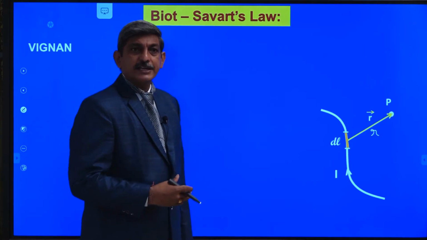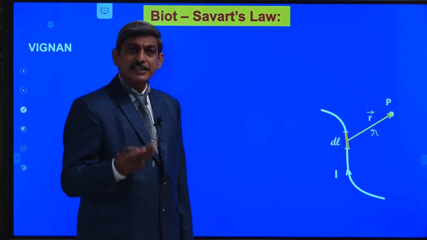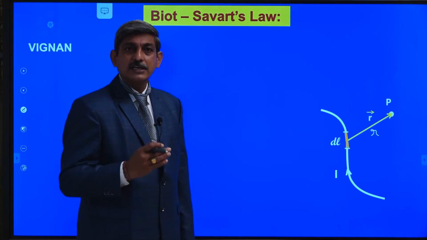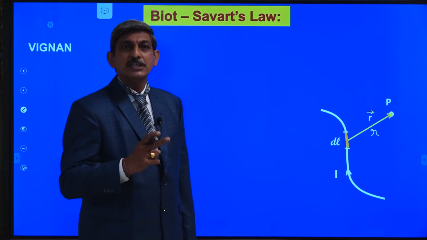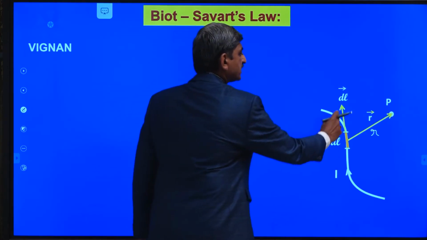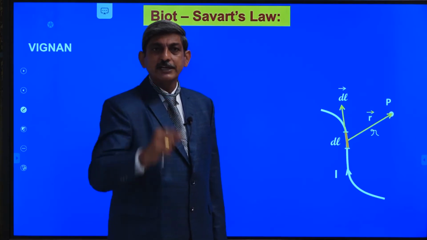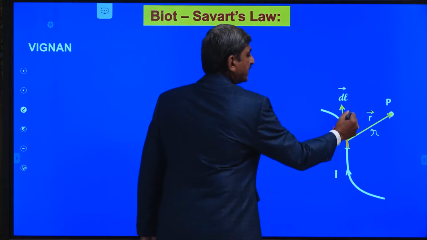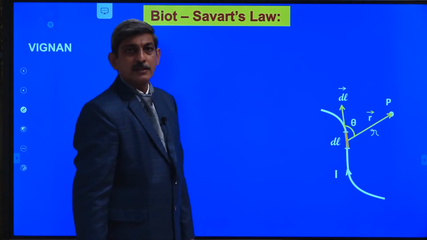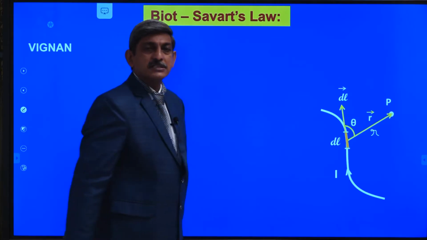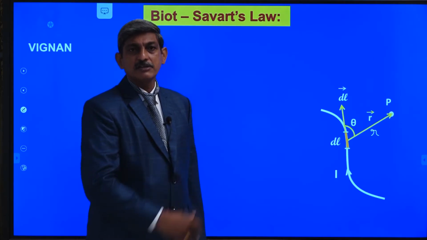To explain that magnetic induction, here we are going to consider the length vector. Actually, length is taken as a scalar quantity, but here the length is going to be taken as a vector quantity by drawing a tangent to the element. Now, this is the length vector dl bar, whose magnitude is equal to the length of the element dl. Between this r bar and dl bar, let theta be the angle. Now, in terms of these quantities, the magnetic induction produced by the small element is explained by the Biot-Savart's law.